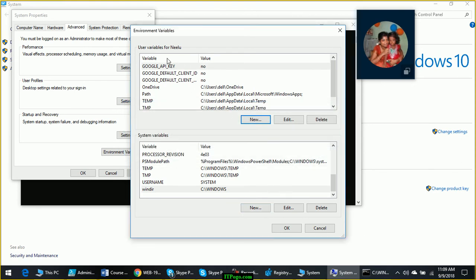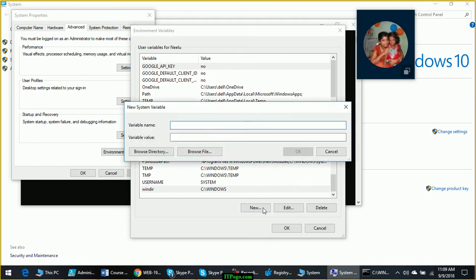But these variables which are available under the user variable section are available only for this user. If you want to add a variable which is available for all the users, for example, here I will add one more variable called test variable and test value.